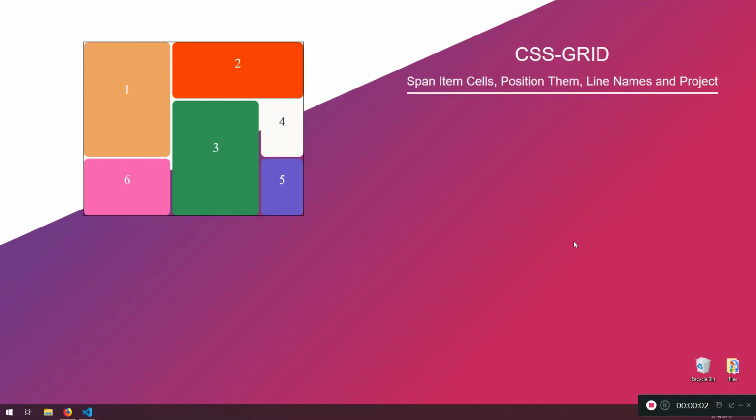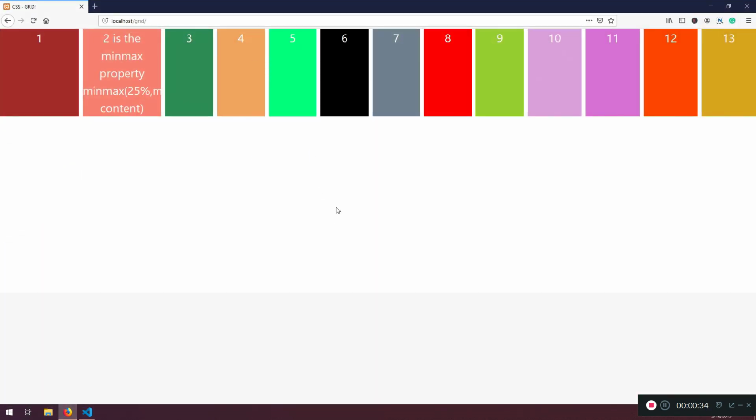Welcome back, my friends. So let's continue working with CSS Grid and how we can span elements. We can do a lot of things with CSS Grid, and now the most interesting part, I think, is this, because we will learn how we can stretch the element, span from one cell to another, put two items in one cell and things like that. We can also position them, we can play with the named lines, because remember, if I just inspect here, we have